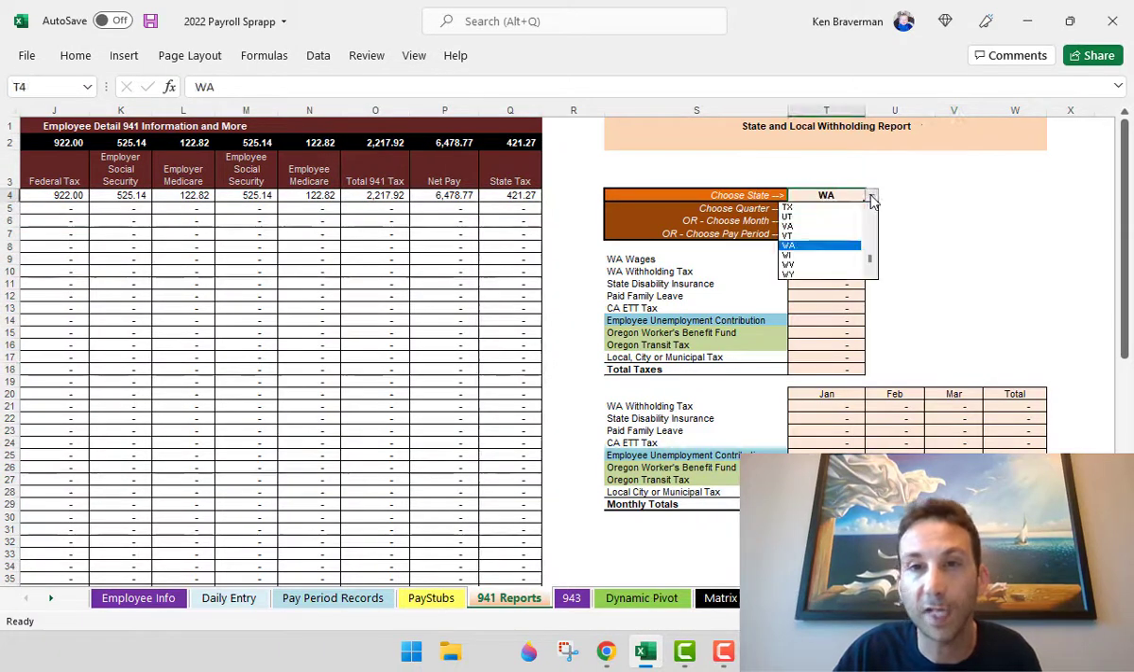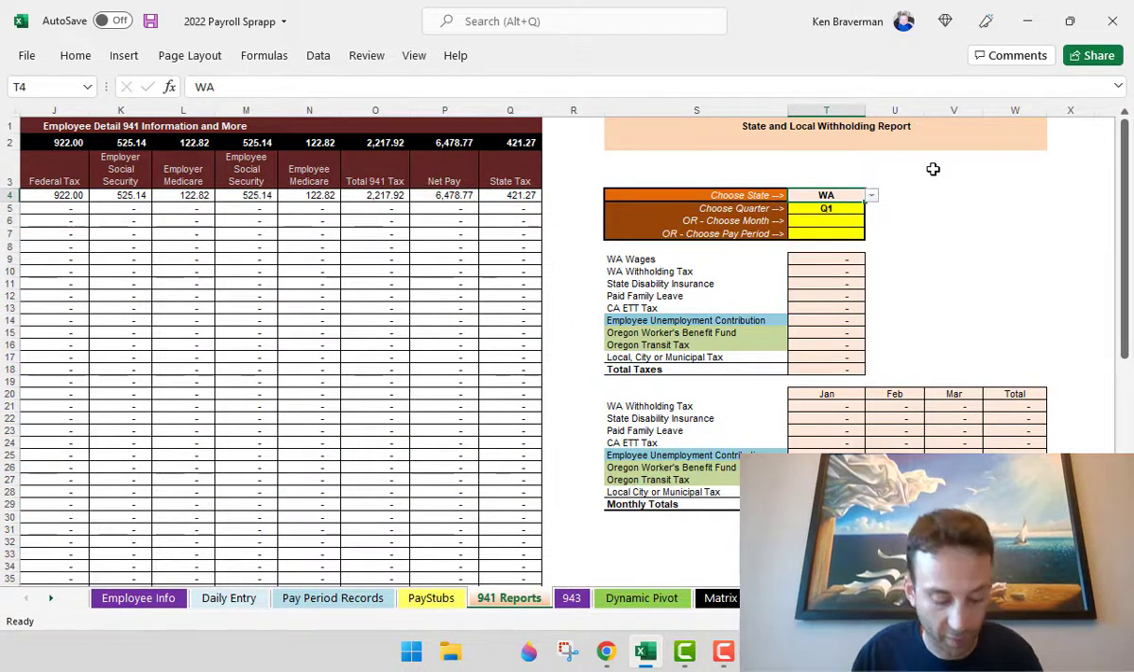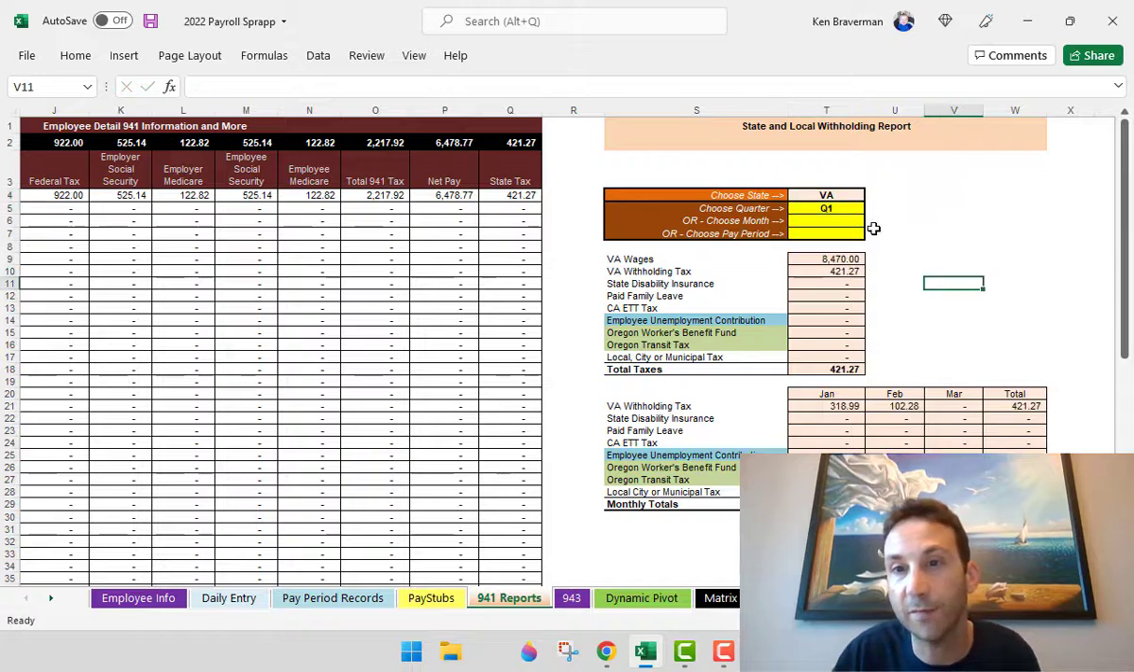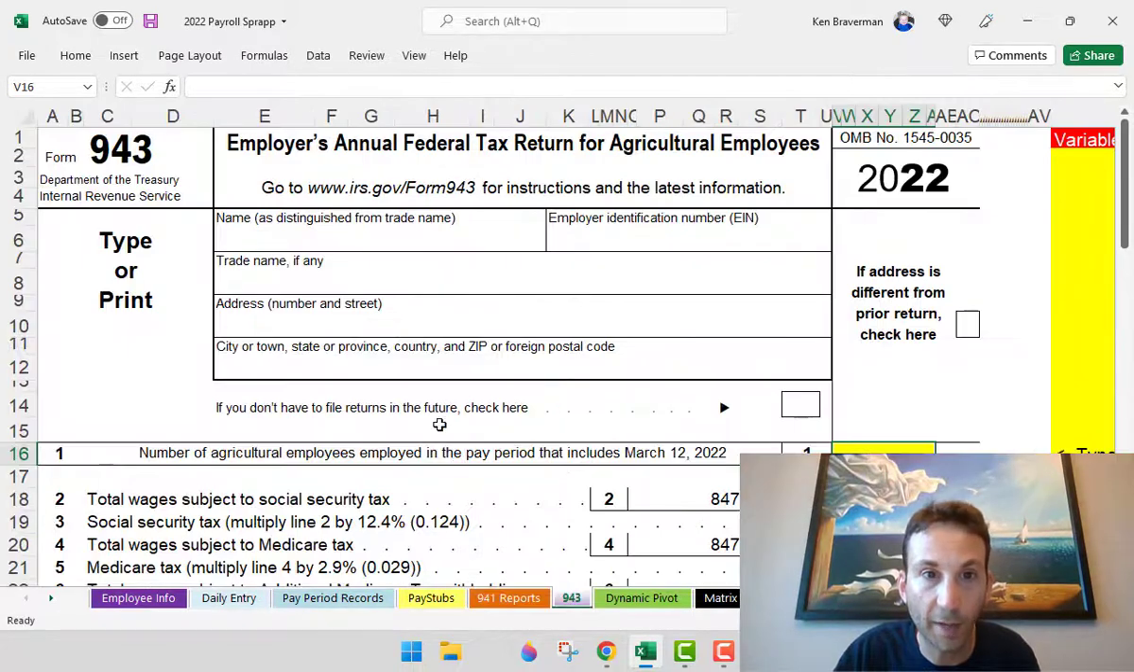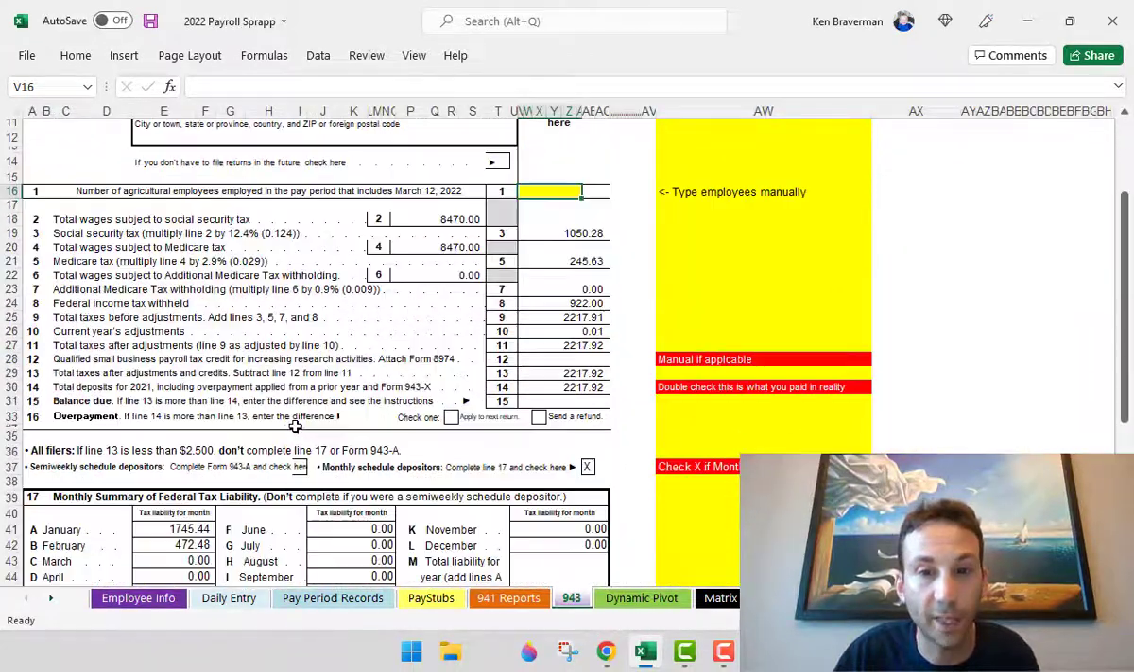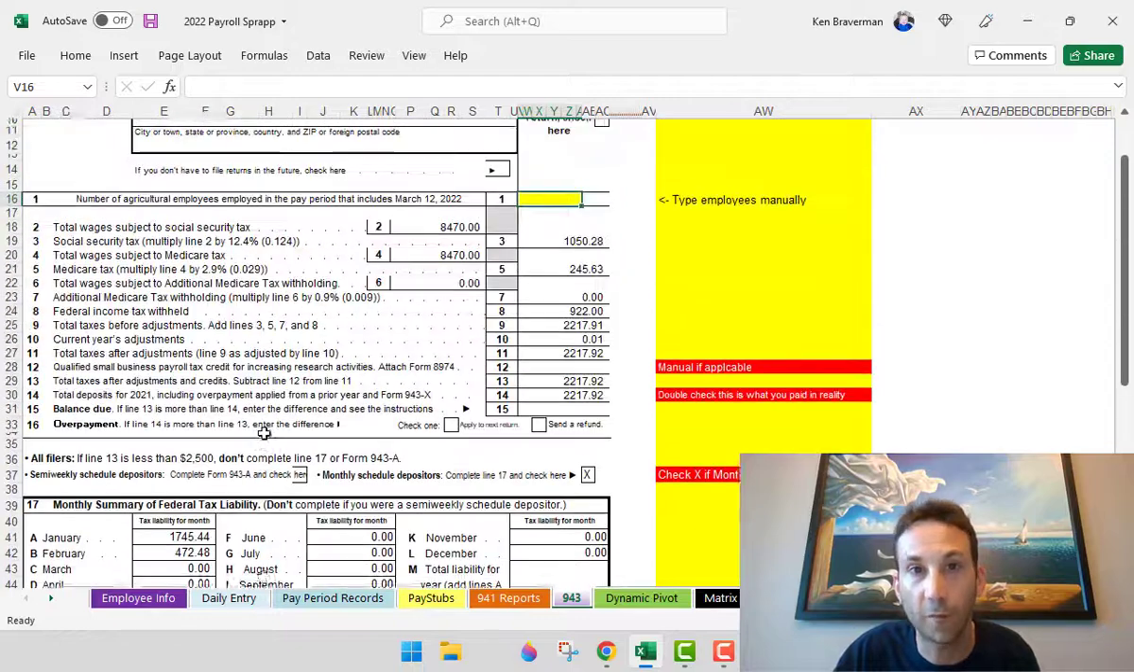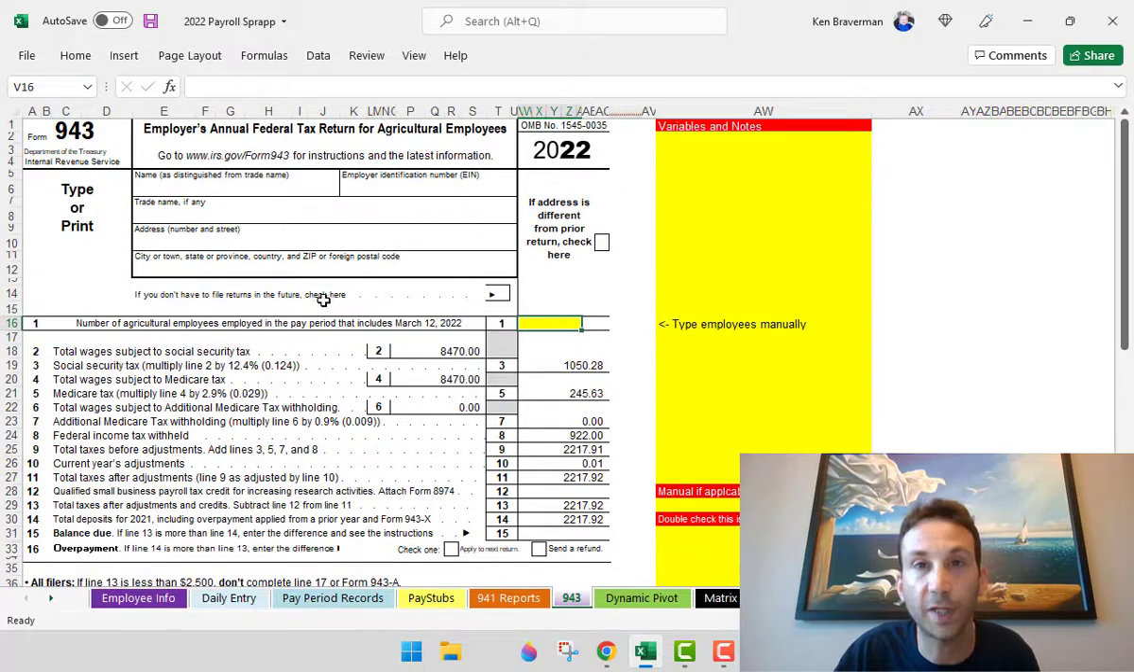You get to look at your state reports over here just by typing in the state, and you have the same functionality to look at quarter or month or pay period right there. I have done work with agricultural entities and farming, Form 943. This is also functional, and I have other versions of this file that do calculations on hours and paying people